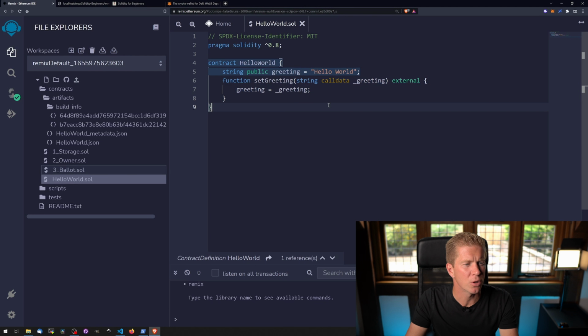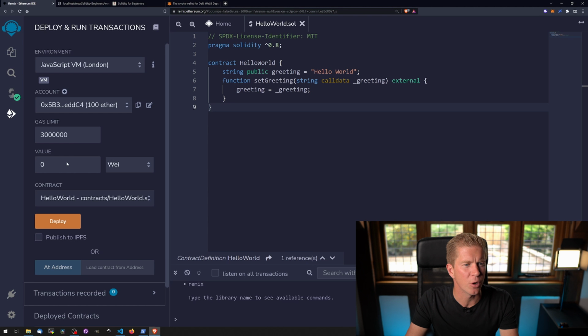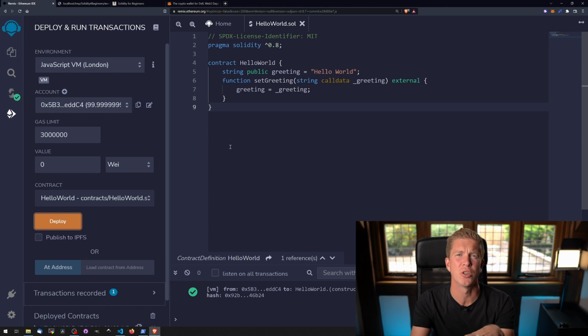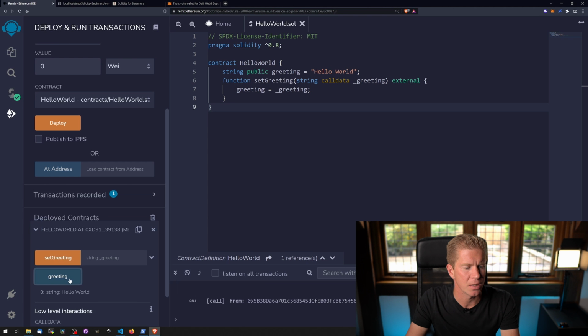So now we've got our Hello World contract. Let's go ahead and compile this. Compile HelloWorld. We're going to this next tab here. That's compiled fine, no errors. And if we go to deploy, we've got a few options. We can deploy to our local environment. Let's do that now. So we don't need to use MetaMask for this. It's basically deploying it to a virtual machine running within the browser. If we scroll down, we can expand, deploy contracts, we can expand this, and we can see the greeting here,